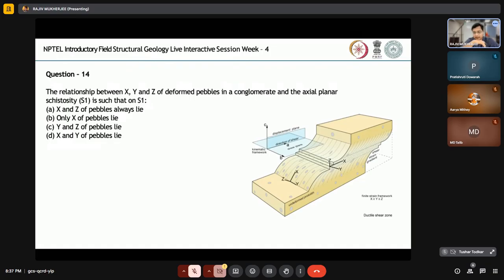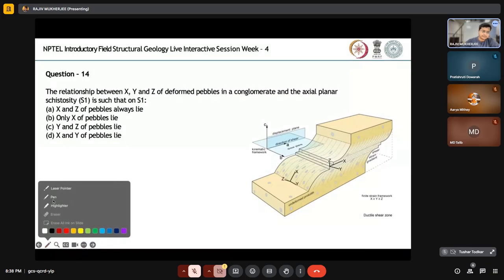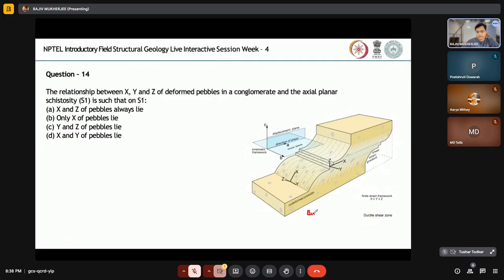So this is a diagram of a ductile shear zone. This image was illustrated by Professor J.P. Bourg. So in this case of a ductile shear zone, the kinematic frame of reference is that the lineations are always parallel to x, and then they have the y plane. So the shear plane is always the xy plane,